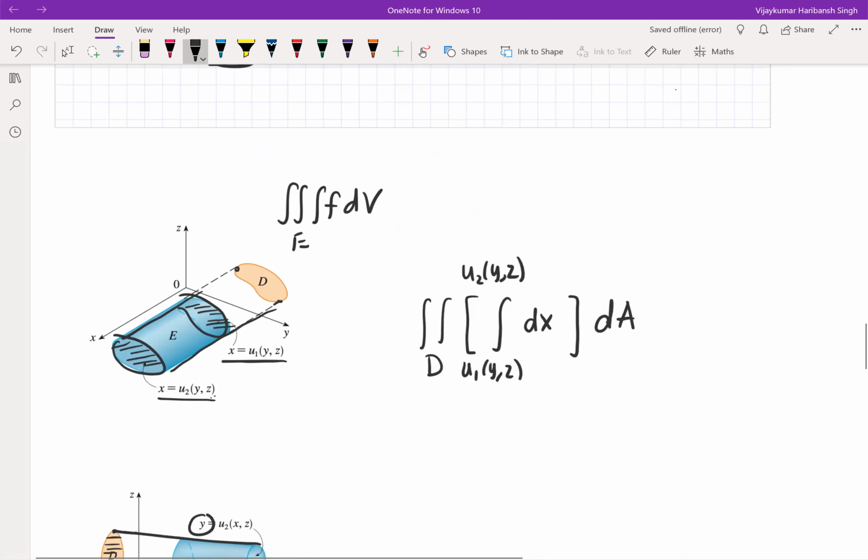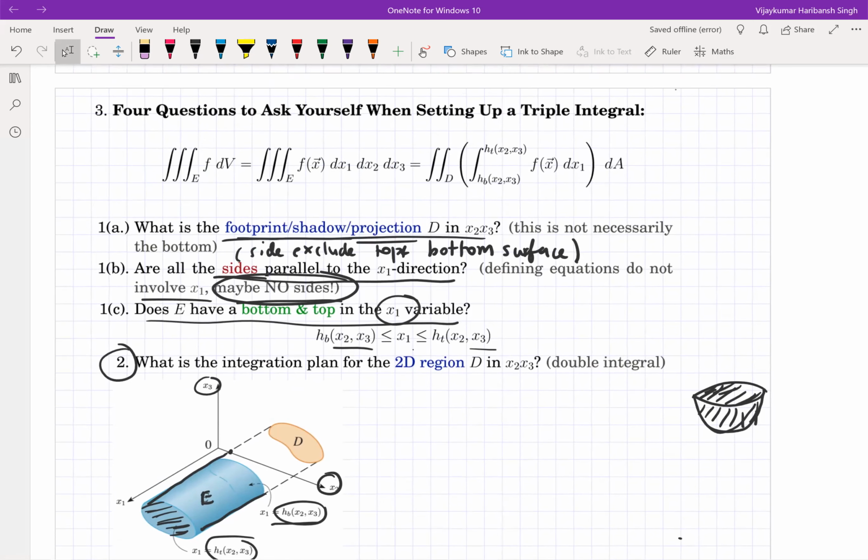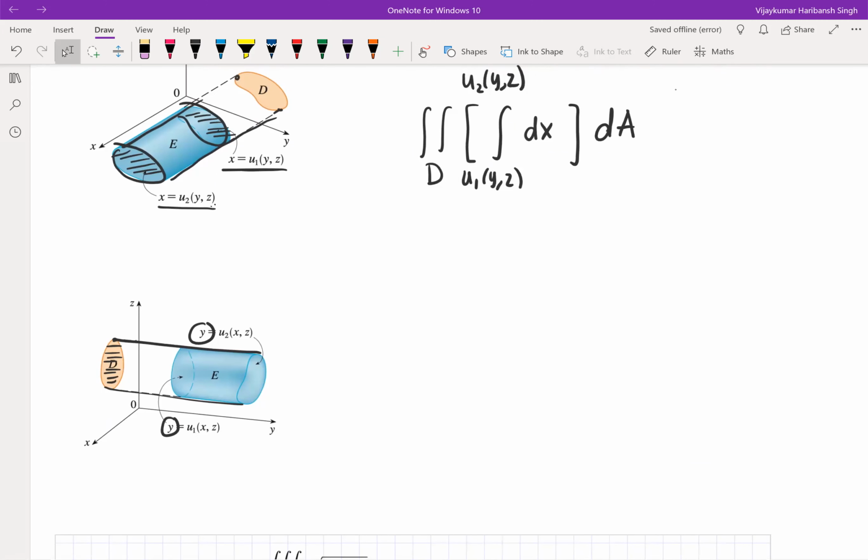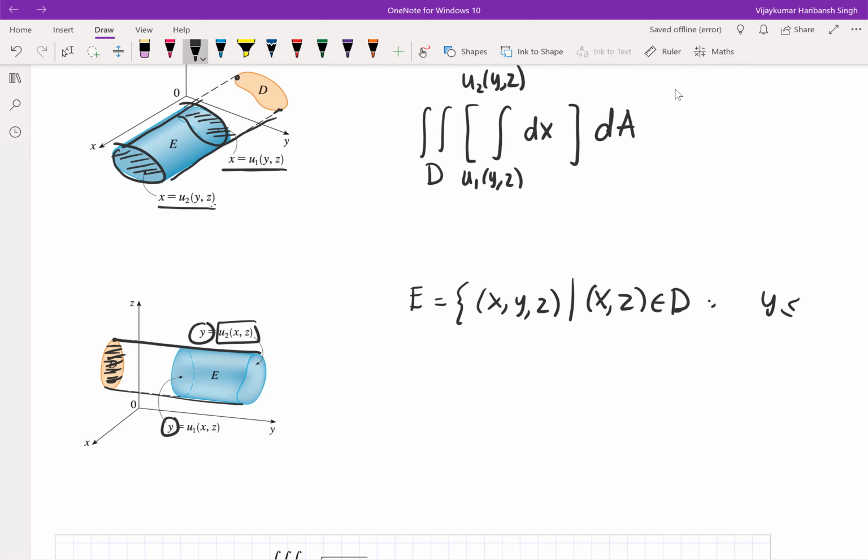Then you have to see if the top and bottom have x1 variable, are written in not y variables. Yes, they are written in x, z, and xz variables. So your top and bottom, you can write this region E if you want. E in this case is x, y, z. Your x and z belong to D, this projection here, and then your y is between